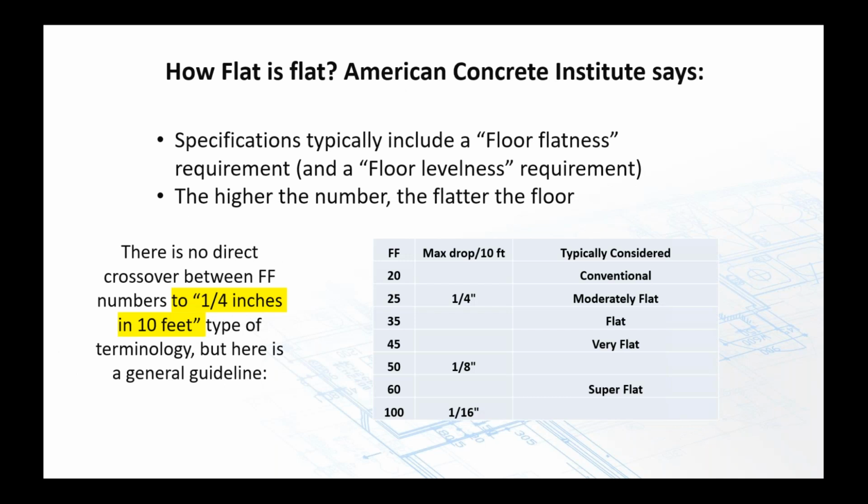So if we're talking about flat and trying to determine what flat means, we'll get into the standards here in our industry and rehash what we need to achieve. But again, talking about what are we being handed? What is the slab or the subfloor that you're getting? And when we talk about a flat substrate, a flat concrete substrate,